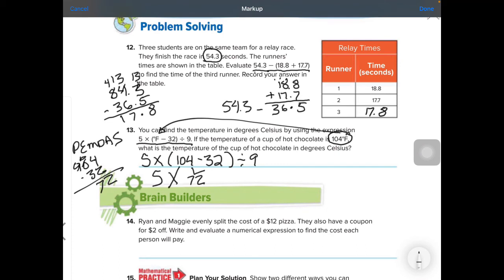Then we have a times 5 divided by 9. Our next expression we're going to use, we come back here to our please excuse my dear Aunt Sally. We're going to do multiplication first. So we're going to do 72 times 5. 5 times 2 is 10. 5 times 7 is 35, 36. So now we have